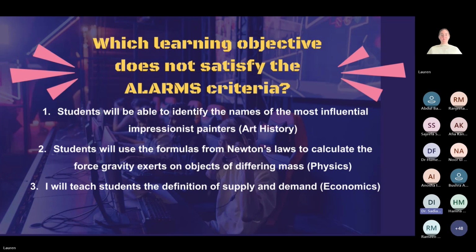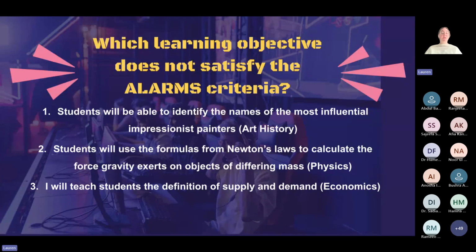We have responses in the chat. That is number 3. Most of them are saying number 3. I also think number 3 is not measurable. Yeah, in terms of measurable, I would extend this notion as well. If you can correct me, if we understand measurable, that objective means that it should be timed. Means when you specify the time of the exam or the assessment, that objective should be measurable during that time. So isn't it so? Yeah, I think that's right.